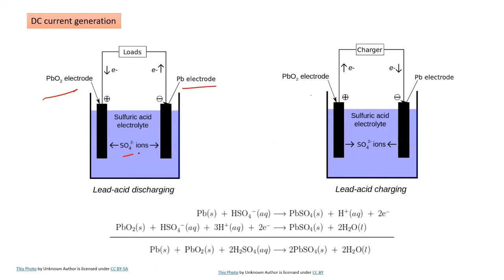So we have basically hydrogen ions and sulfate ions, and because of these reactions which you can see here, these plates will react with the ions in the solution, and they will start forming a lead sulfate layer above these plates by generating electrons. Okay, and these electrons will form the current. So this is how we get current in DC supplies.